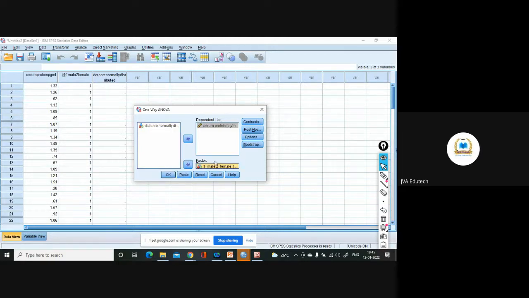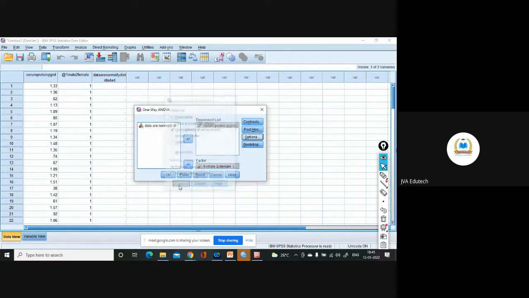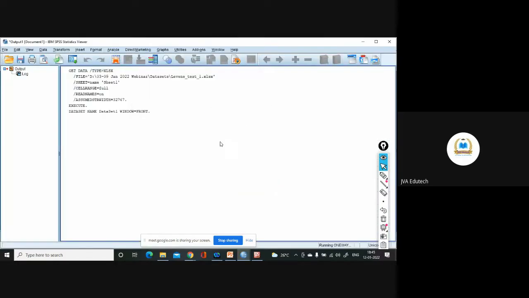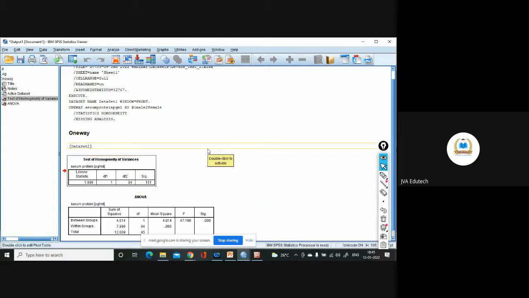Here in factor, now select Options. Are you getting this homogeneity of variance test? Click this, continue. Okay. So this is the table that will tell you about Levene's test of homogeneity of variances. Can anyone of you interpret it? Whether there is a homogeneity of variance or not?